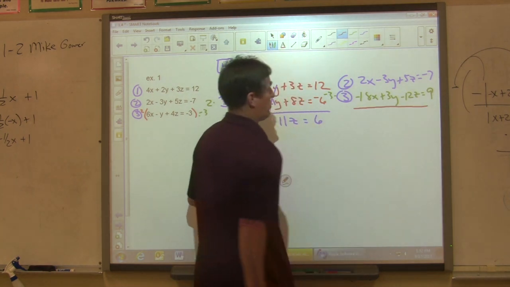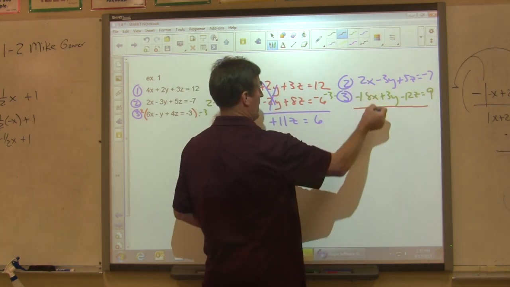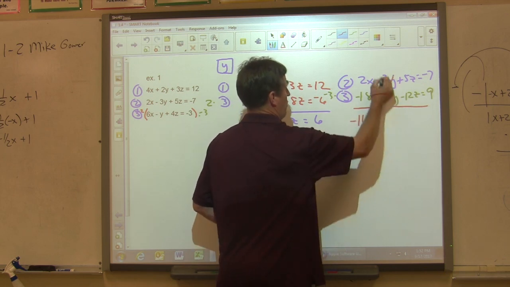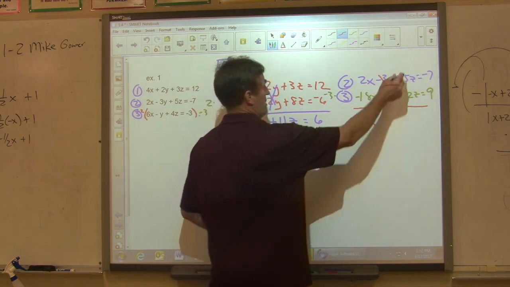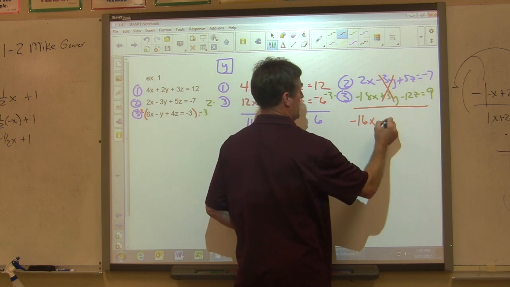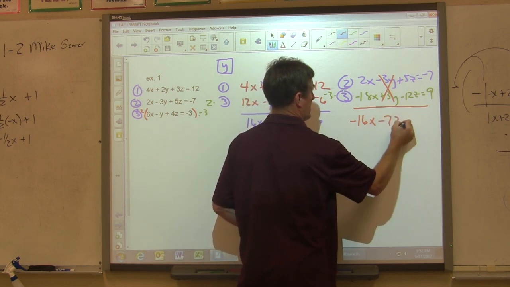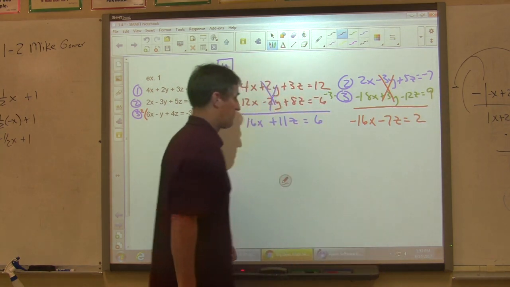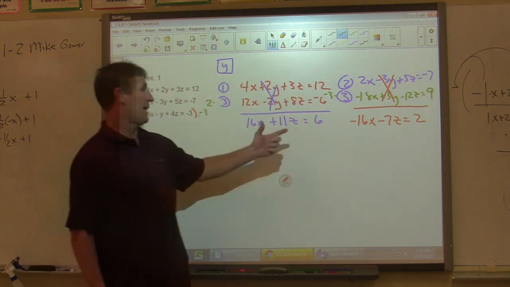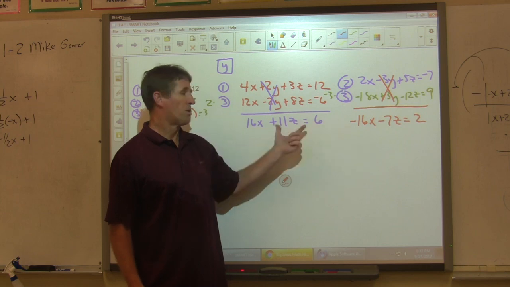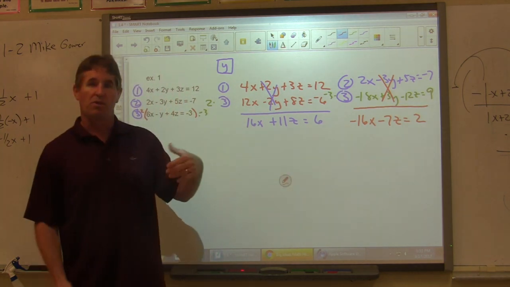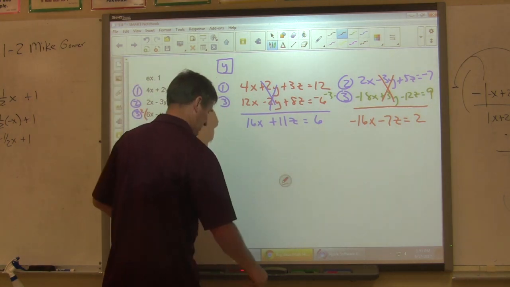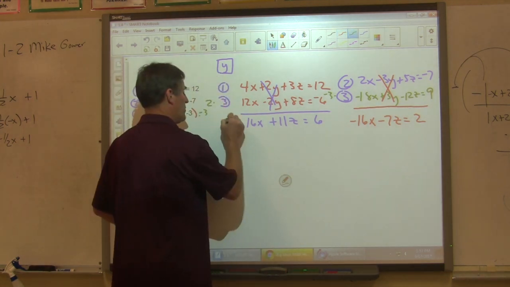So now I'm going to add those two equations together, so I get 2x minus 18x is negative 16x. The y's again cancel. 5 plus negative 12 is a negative 7z equals negative 7 plus 9 is 2. So now I've gotten down to 2 equations with 2 variables, and this is what you did in Algebra 1. So now we're going to take these 2 new equations,